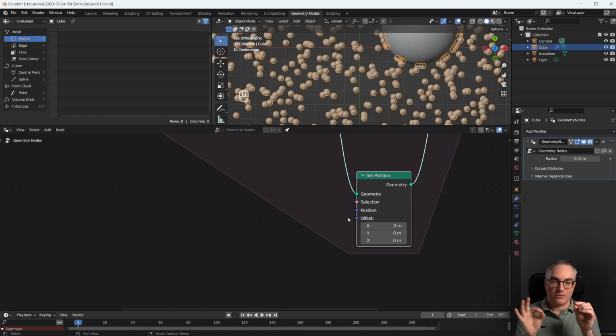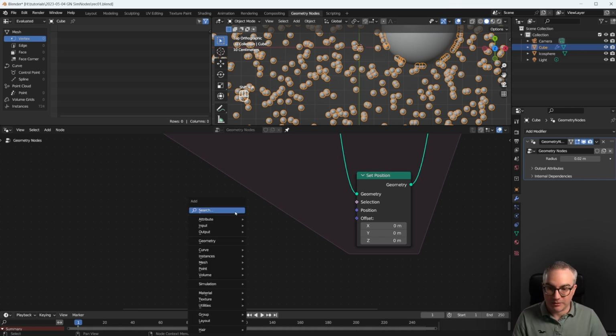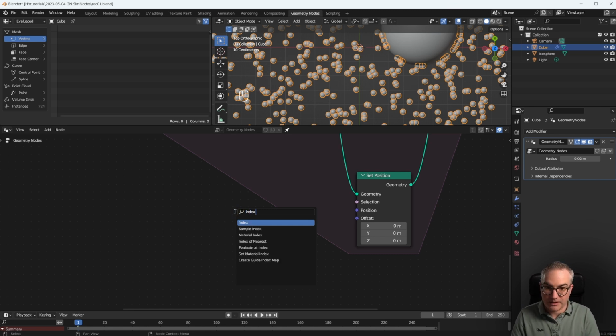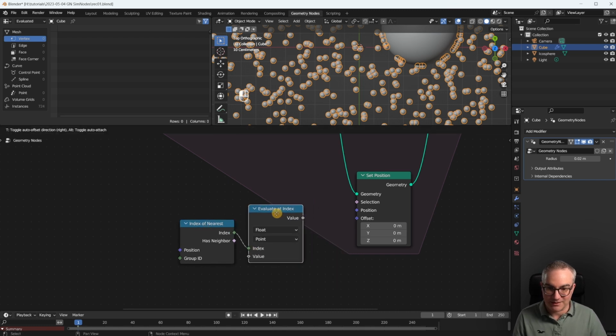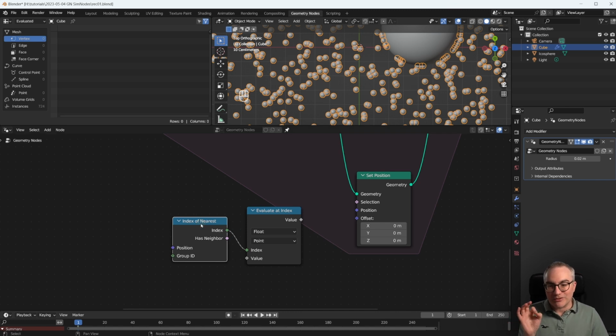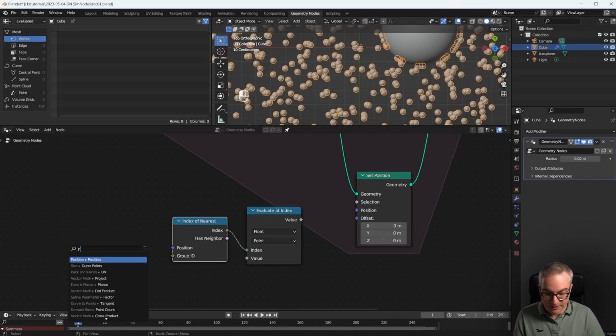So we have to figure out which particle is colliding with another particle. And there is a node in geometry nodes, which is the index of nearest. Okay. Now you might not be thinking of index of nearest when you think about collisions, but hold on a second, because there's another node, which is the evaluate at index node. So they basically would go together like this. What does the index of nearest do? Well, you plug in the position